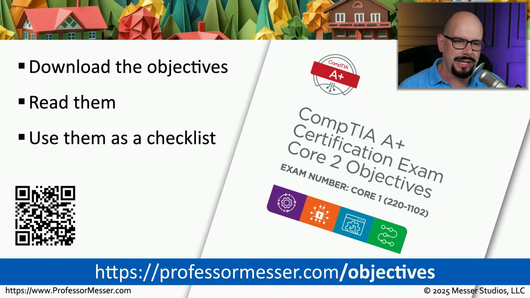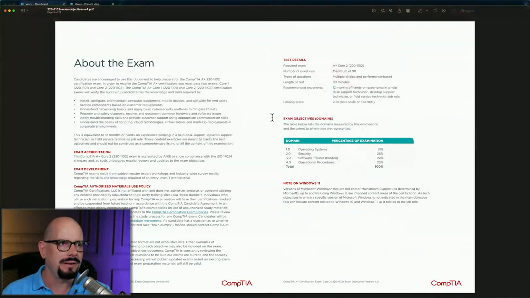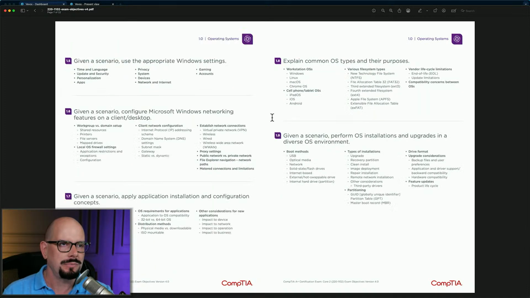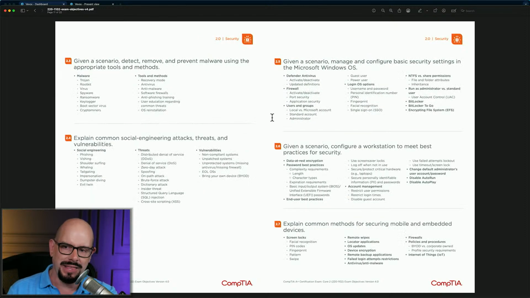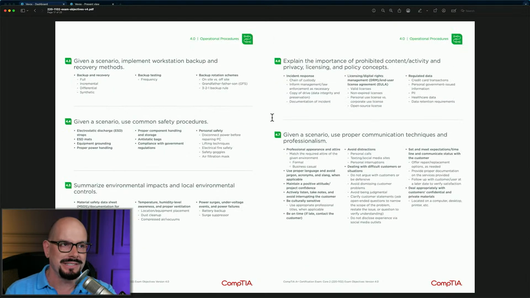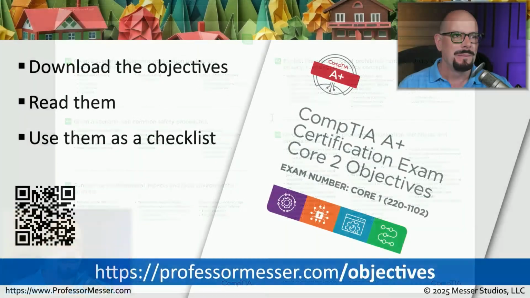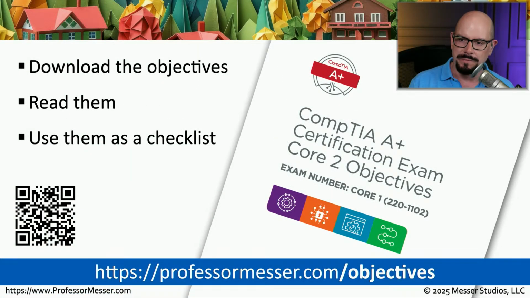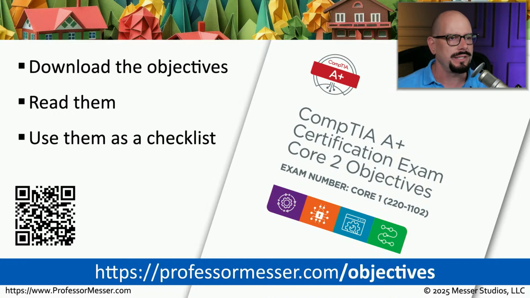Well, what if you had a checklist that told you everything you needed to know for the exam? And that would be the exam objectives, a huge checklist of everything that you need to know for this exam. There's a lot of bullets here, isn't there? There's a lot going on there, but that's a valuable tool. Make sure you grab those. Should be the first thing you grab when you start your studies. It should be the last thing you are referencing before you schedule your exam.